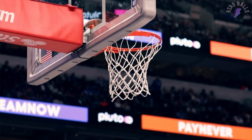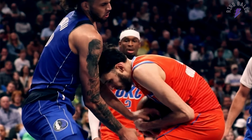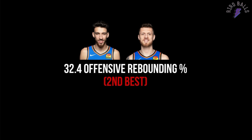125.2. Another thing is, OKC knew that they had a rebounding problem last season, and so far, their two big man lineups have definitely helped solve that issue. OKC lineups with both Chet and Hartenstein have annihilated teams on the offensive glass with a 32.4 offensive rebounding percentage, which is better than that of any team outside of the Houston Rockets. More importantly, Chet and Hartenstein lineups are also sporting a 79.7 defensive rebounding percentage, which would be the best mark